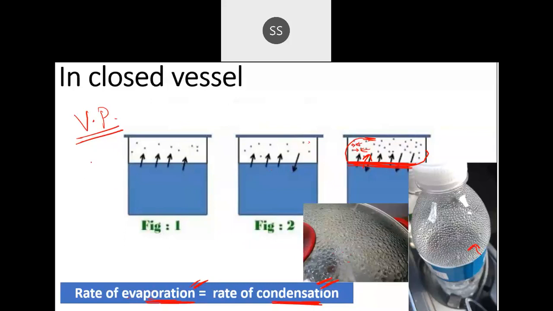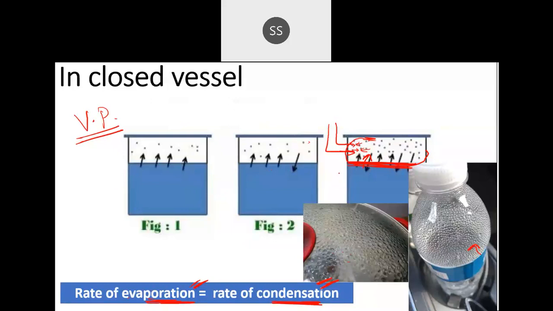So I believe it is clear, and you are measuring vapor pressure at a particular temperature. Suppose you are carrying out this experiment at room temperature, whatever vapors are present over here, the pressure exerted by them will be the vapor pressure. So it can be calculated. You can connect a manometer over here and calculate the amount of pressure exerted. So for a particular liquid, the vapor pressure at one particular temperature will remain constant, because equilibrium has been established, so you will get a constant value.